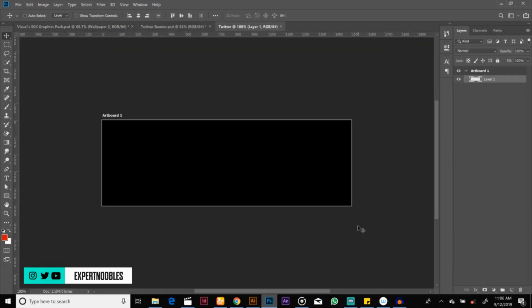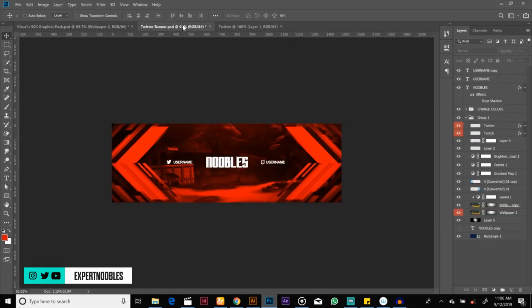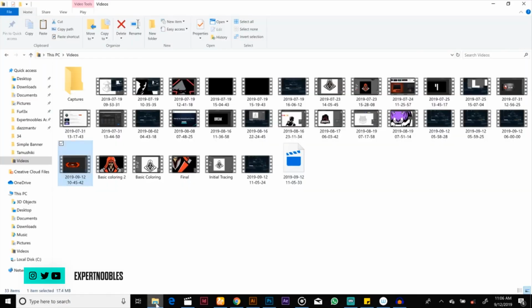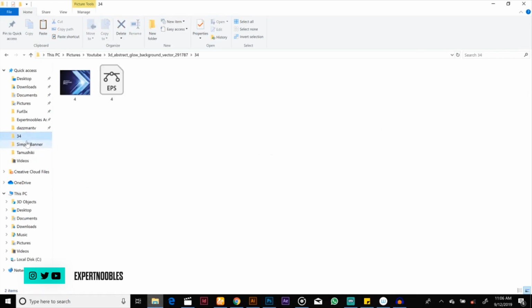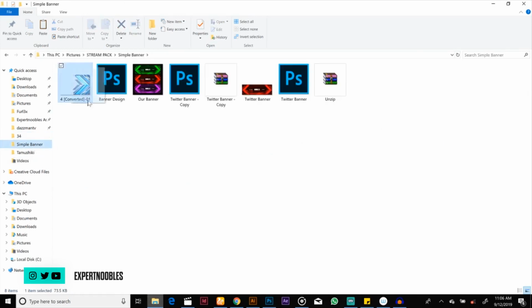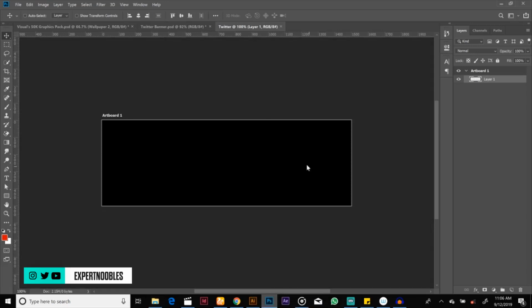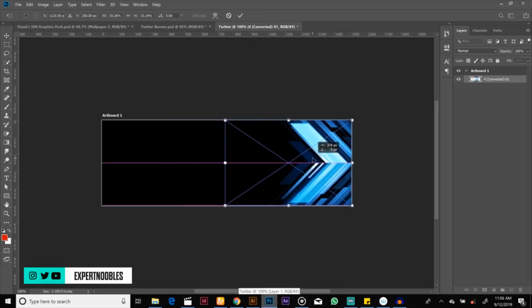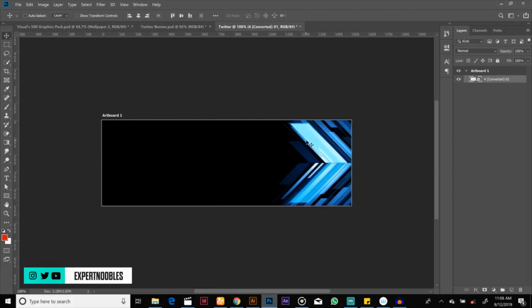Okay, so we have a new document now, and the next thing we want to do is put these elements right here, these abstract rectangles, slanted rectangle. So I already have it, it's pre-made, and you can come here, pick it up and drag it in. There will be a link to download these in the description. So pick this up, drop it in here. All right,